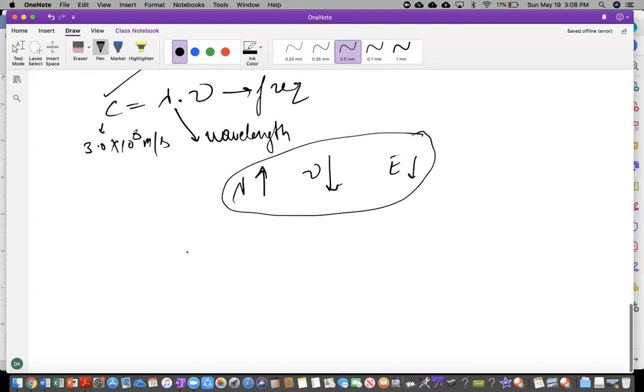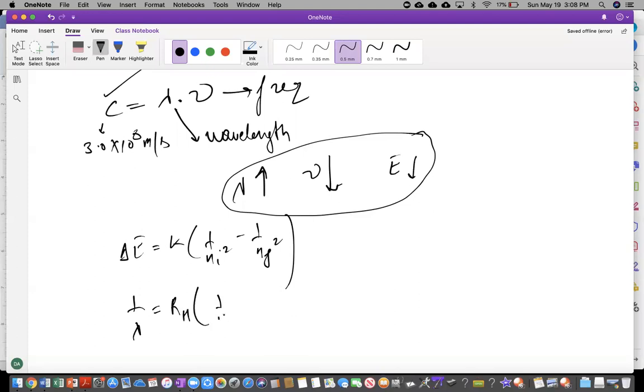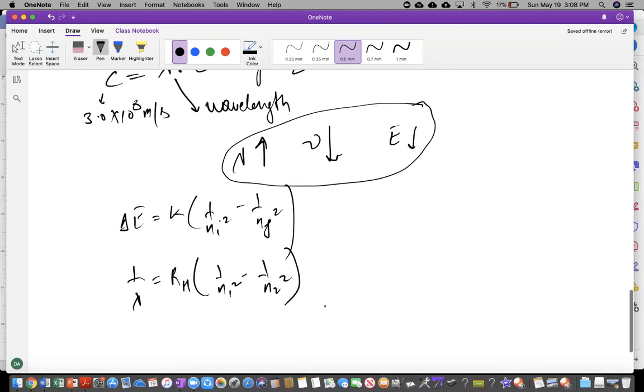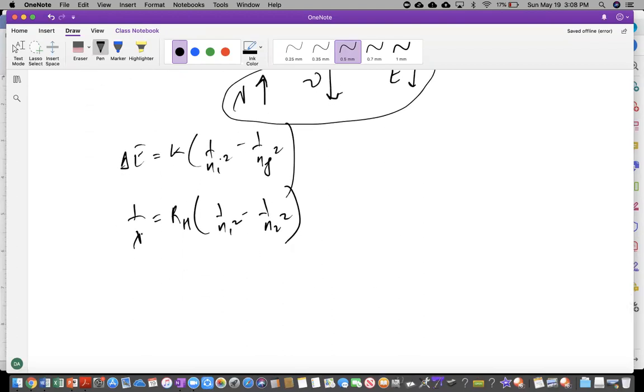And then remember to do problems where you use delta E equals k times (1 over n initial squared minus 1 over n final squared). And also 1 over lambda equals RH times (1 over n1 squared minus 1 over n2 squared). At the end, when you get the answer, make sure to flip it to get the lambda, okay? So if the question says we go from n equals 6 to n equals 4, the question could be asking you for lambda,